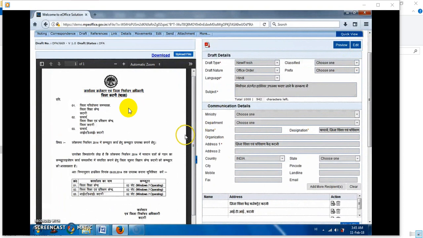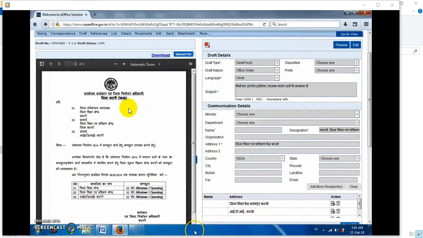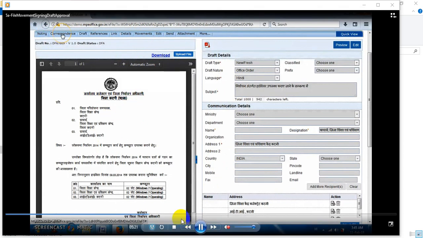On clicking save, these fields become disabled, right? If something needs to change, then click on the edit button on the right side. So as of now, the work done has been saved. Now I want to go to the note sheet screen, but never click the back button. Never click on this back button ever. Okay, as I told in the earlier video also.